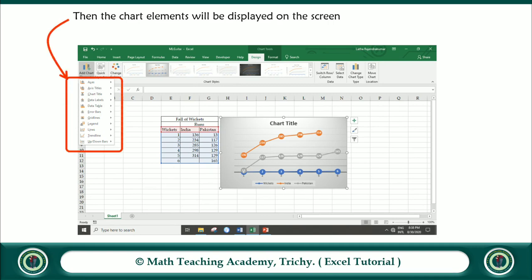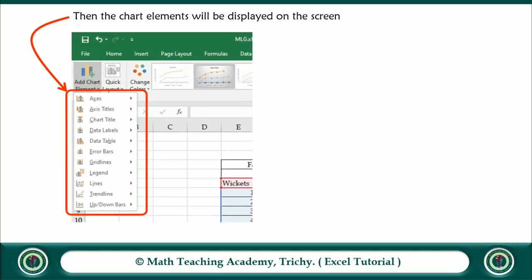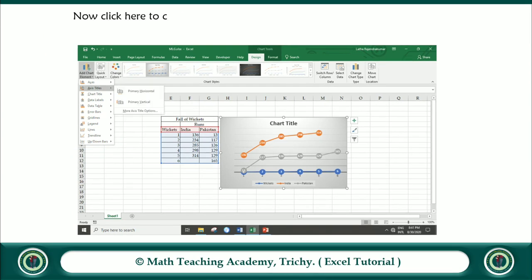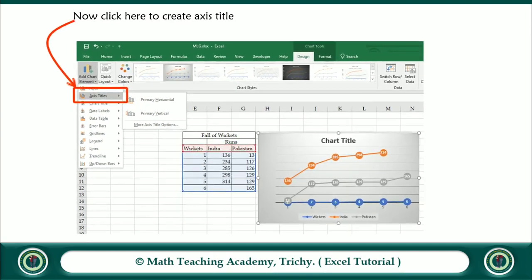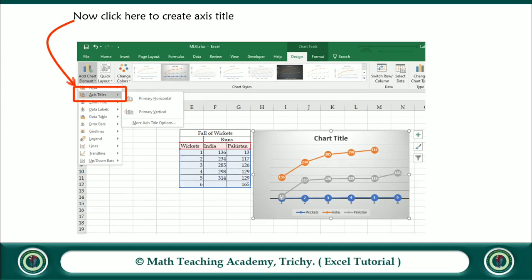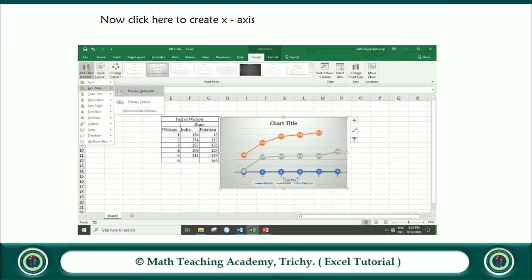So these are all the chart elements. Now click here to create the axis title. Now click here to create the x-axis title.